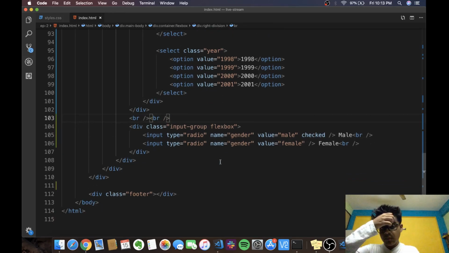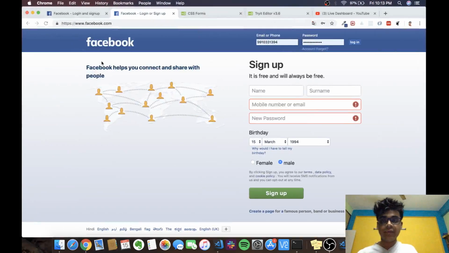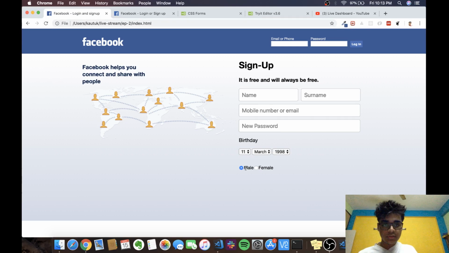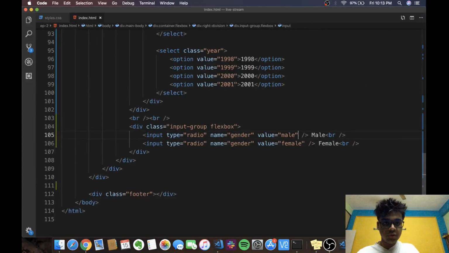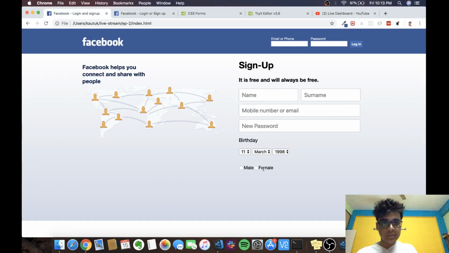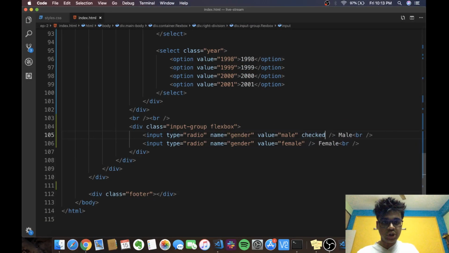And inside this I want you to notice one thing, that this checked property basically states that if I refresh the page, which particular box is actually checked, and if I remove this, both will be unchecked. So this basically states by default which box is checked. Also, you can see that there is a value. This value is useful when connecting it with a backend or JavaScript to get the values. If the value selected is male and it is checked, it will give true, otherwise it will give false. And also I want you to notice this very important field which is called the name. If you change the gender here,